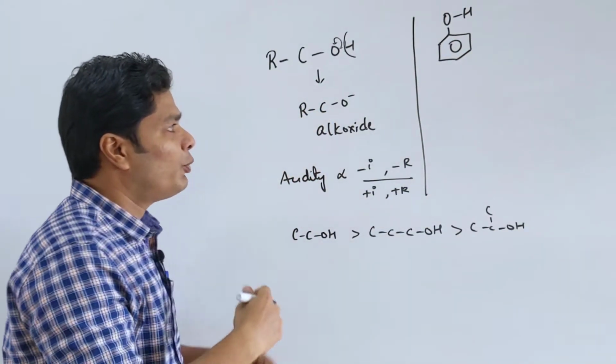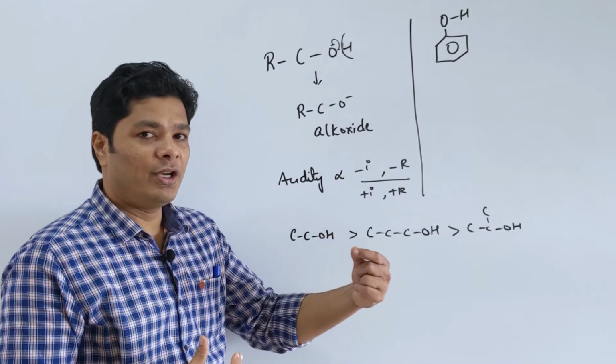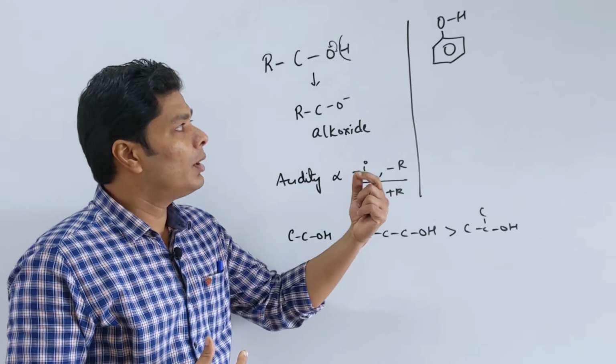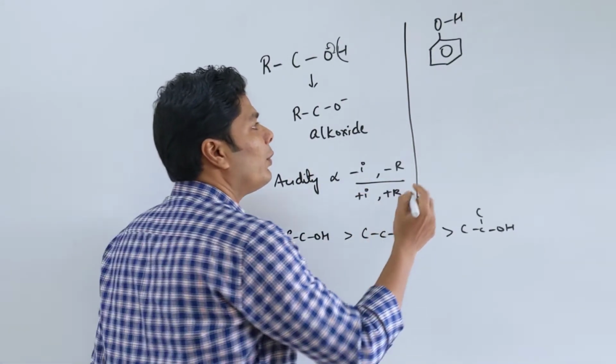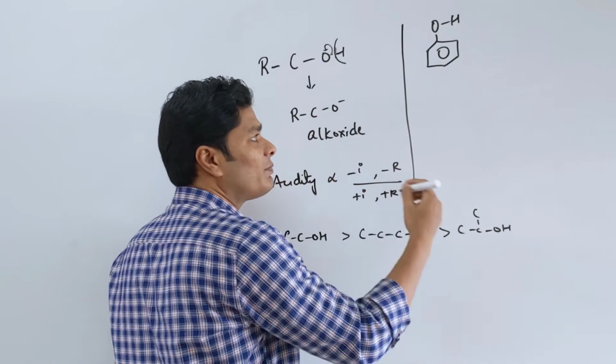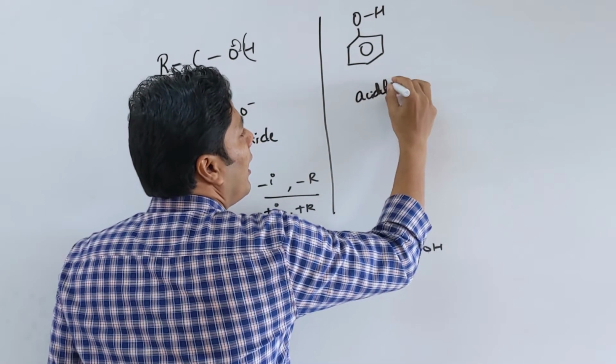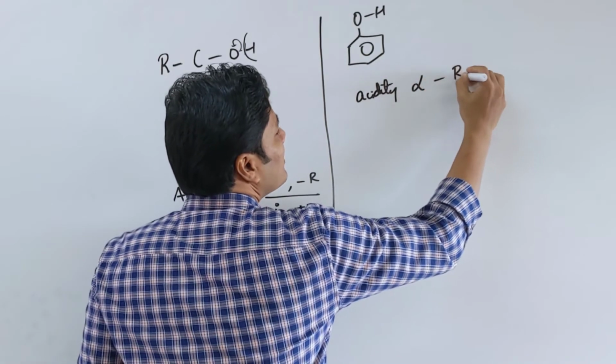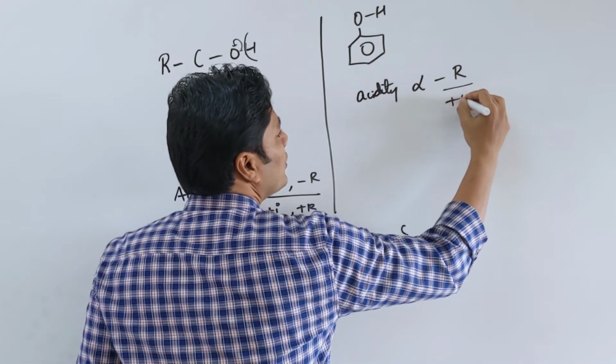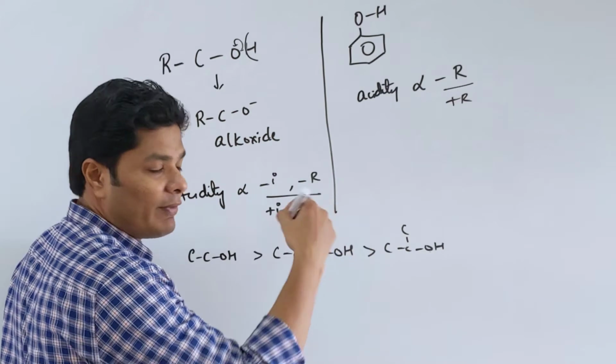We have seen this much more extensively, so I am just going to jump straight into it. If you want to increase the acidity of phenol, we want to have a minus R group. We have seen this before as well. Acidity is proportional to the minus R group present and inversely proportional to the plus R group. The example that we did before is,